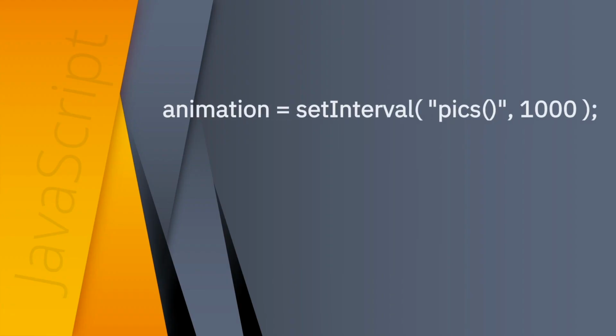In between the curly brackets of the function, we have this line: animation equals set interval px 1000. This sets up a global variable that we've called animation. It's global because there's no var keyword before it. This way, the rest of the code can see what's in it. To the right of the equal sign, we have